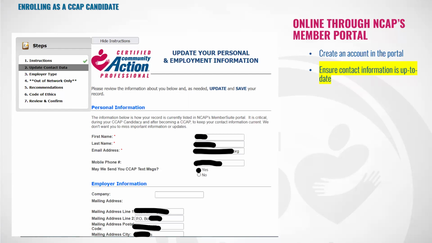And each time you pass through a part of the application and complete it, you'll get a little green check mark. So I skipped past the instructions for the purposes of this demonstration, and that's why we see a green check mark there. I hope you don't skip past the instructions. They're pretty important. And that's one piece of advice I have for you as a candidate.